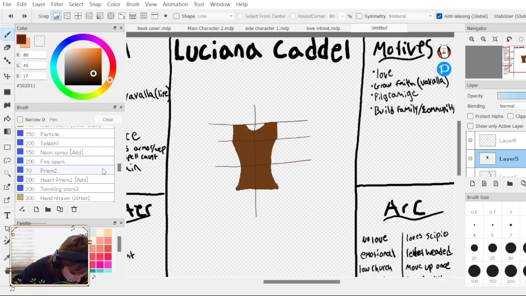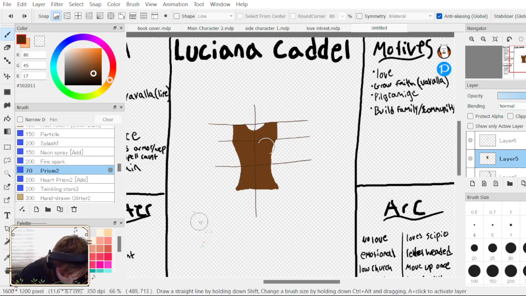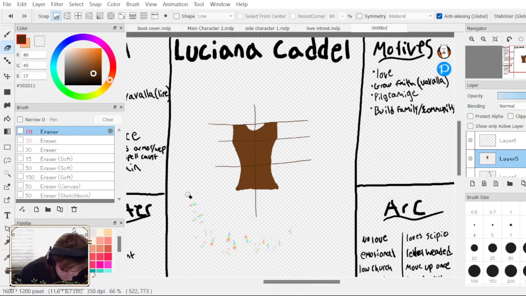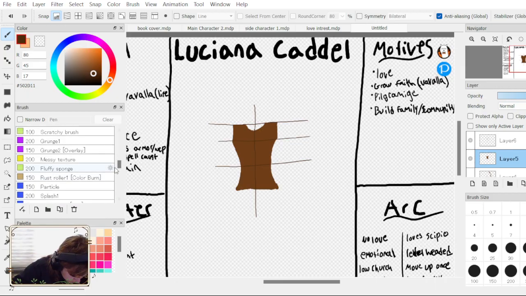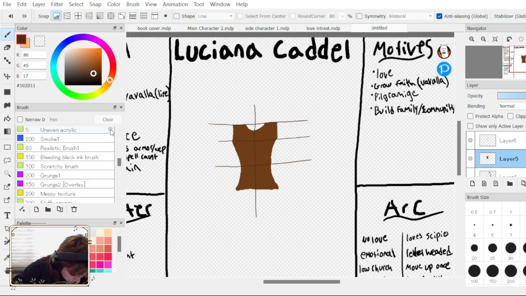No, actually no, I don't even really use that anyway. Oh, I could add my own colors to the palette. That could have been useful to know a while ago. What? Okay, see, now I actually want that brush preview back.